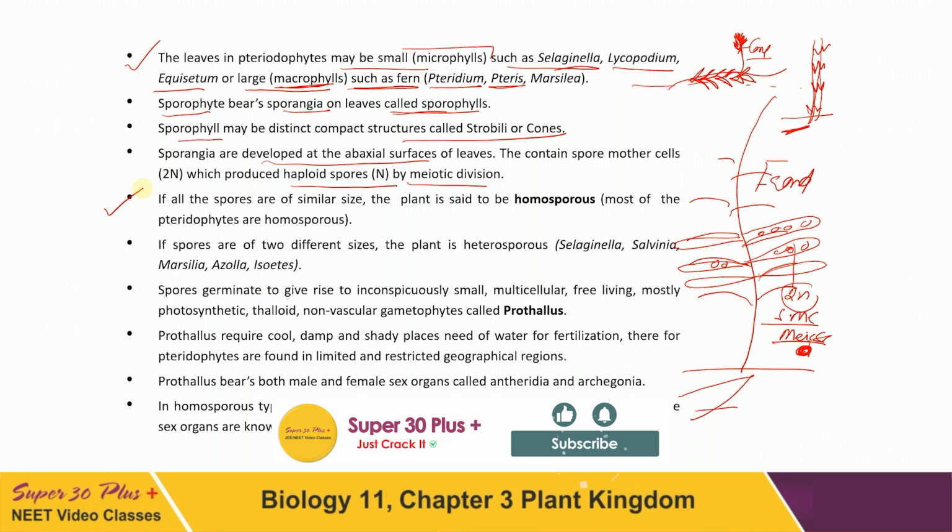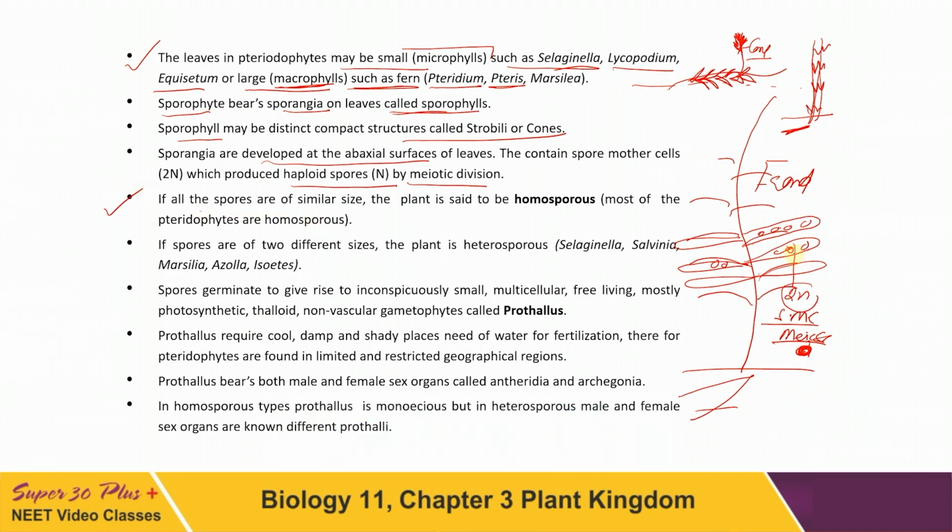Important point here is, the spores formed here are of similar size. In case of ferns, this fan-shaped plant, the spores produced are of similar size, known as homosporous. Homosporous means when the spores produced in sporangia are all of similar size. Most of the pteridophytes are homosporous. But in some cases, just like Marsilea, Azolla, Isoetes, Selaginella and Salvinia,